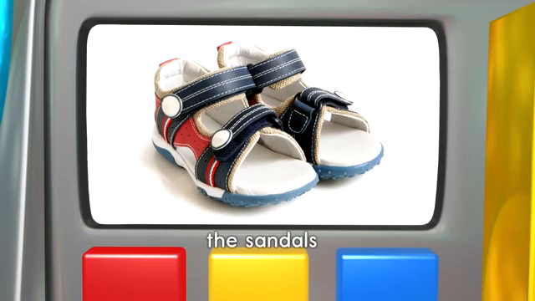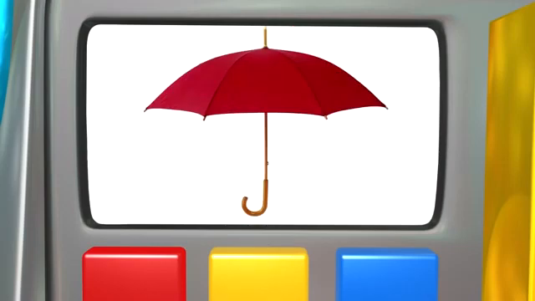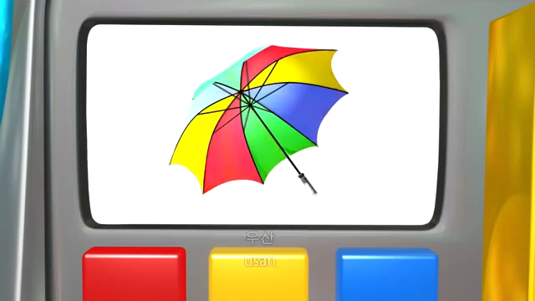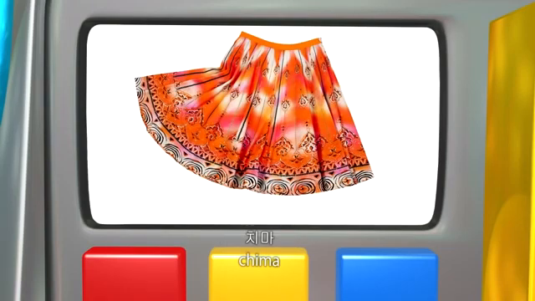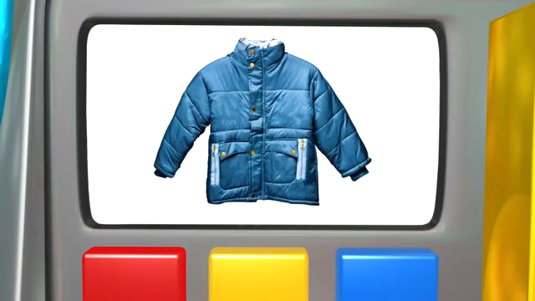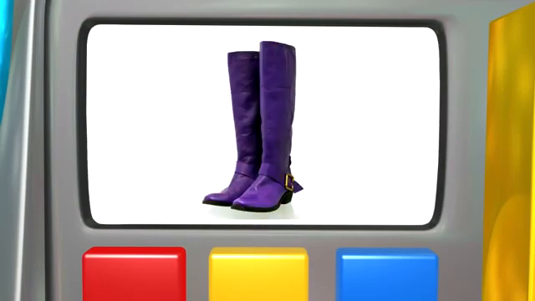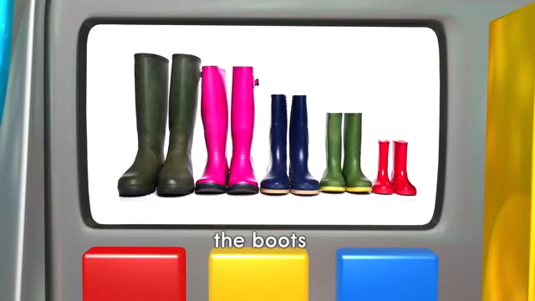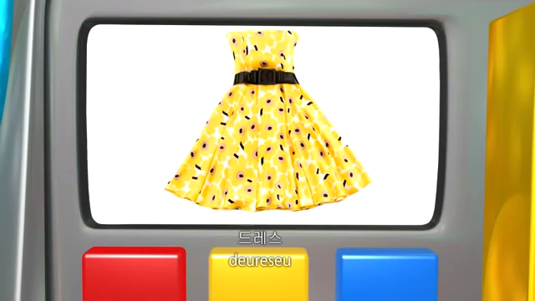The sandals. 샌들, The umbrella. 우산, The skirt. 치마, The coat. 코트, The boots. 부츠, The dress. 드레스,